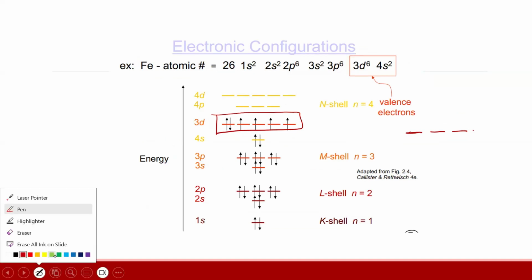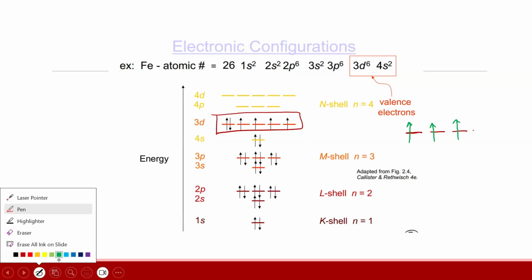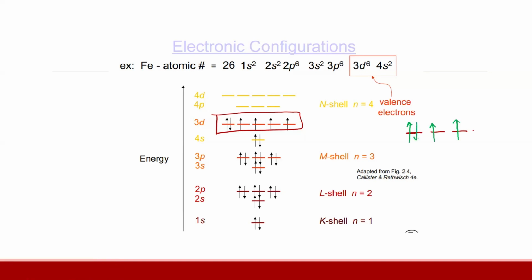If we have just one in the P, it will stay like this. If you have 2 electrons in the P subshell, they will stay like this. 3 electrons will be staying like this. 4 electrons will be staying like this. 5 and 6. So half-filled